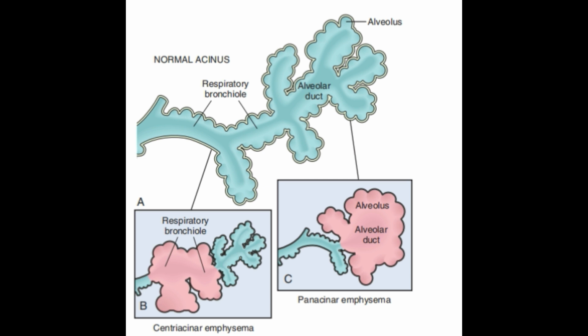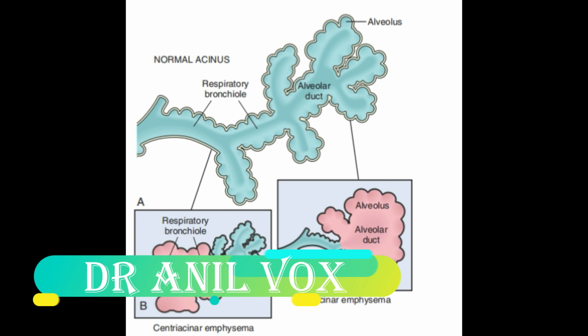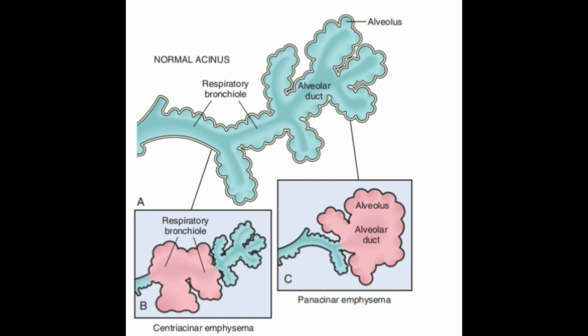Pulmonary function tests reveal reduced FEV1, meaning forced expiratory volume at 1 second, with a normal or near normal FVC. Hence, the FEV1 to FVC ratio is reduced. The classic presentation of emphysema with no bronchitic component is one in which the patient is barrel chested and dyspneic, with prolonged expiration, sitting forward in the hunched over position.